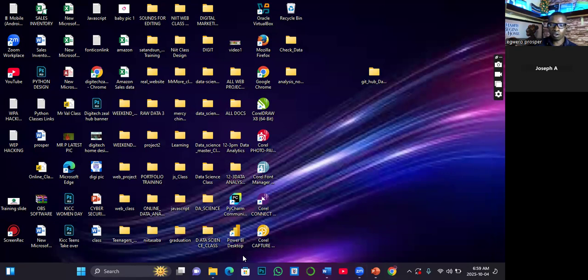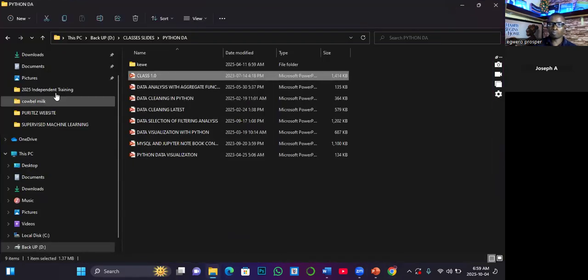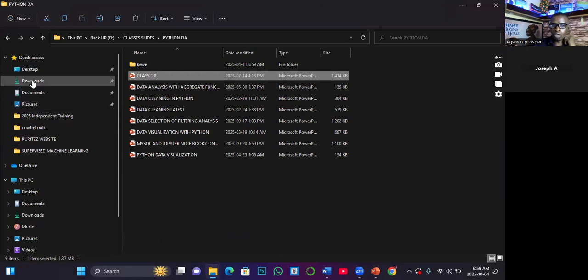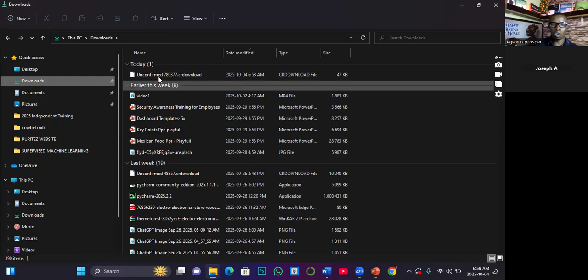Then you click on your File Explorer, this folder. Once you click, it will open up your system, and from here you navigate to Downloads. Then from Downloads, you should be able to see it here. You can see that because I interrupted it, that is why it's showing as such.